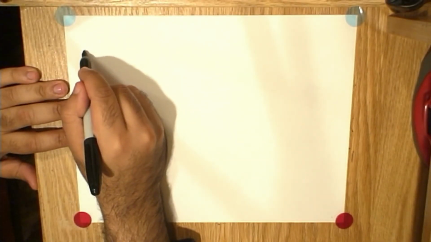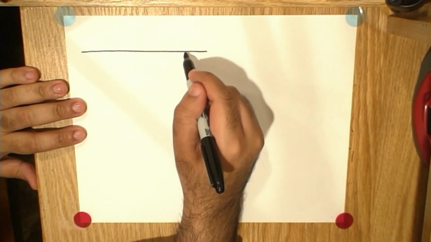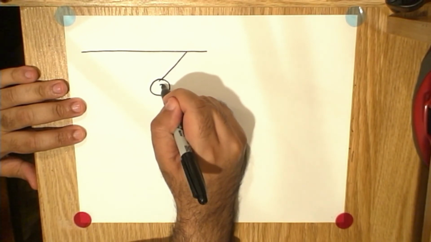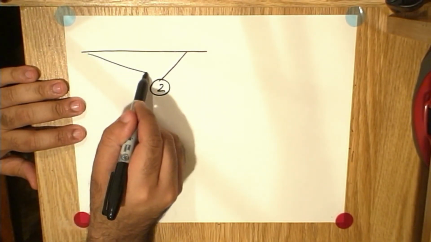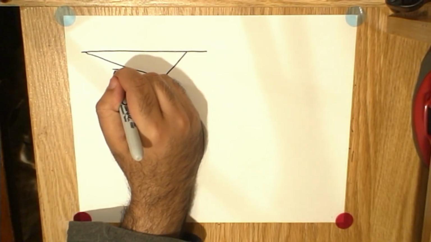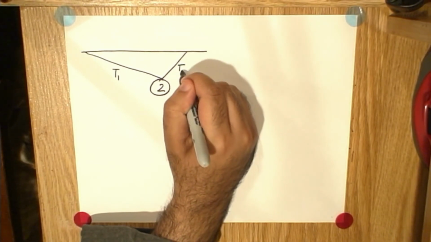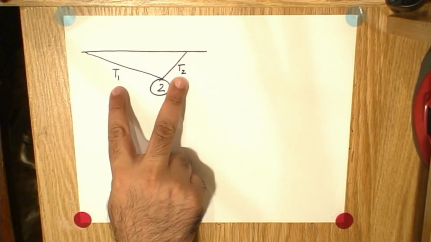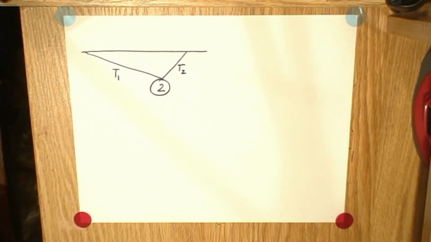We start by drawing a picture. Here's the ceiling, and here is our object being suspended from two ropes, like that. Now, let us say that this rope on the left has a tension T1 and the rope on the right has a tension T2. The tensions are the two things that are unknown in this question, so that's what we're solving for. But as you probably guessed, if we have two unknowns, that means we're going to need two equations